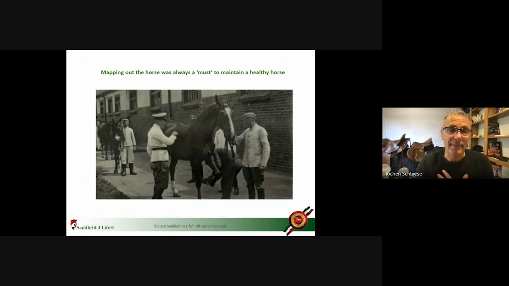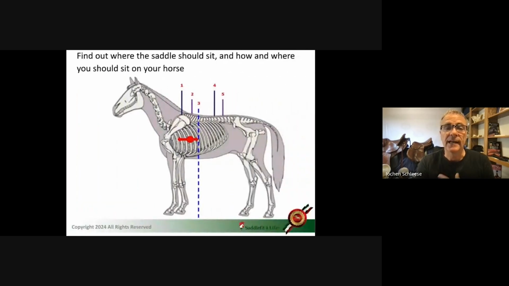And the mapping is something we really focus on. Look at the horse's back, where your saddle sits, and then they have simple numbers where they go to the end of the mane, and that's a good starting point. You want to find the edge of the scapula. You can see how at the flank the hair comes up this way, and then the hair comes from the back this way. In the cavalry days, they talked about the rain line, because when the horse gets rained on, that's where the water runs down.